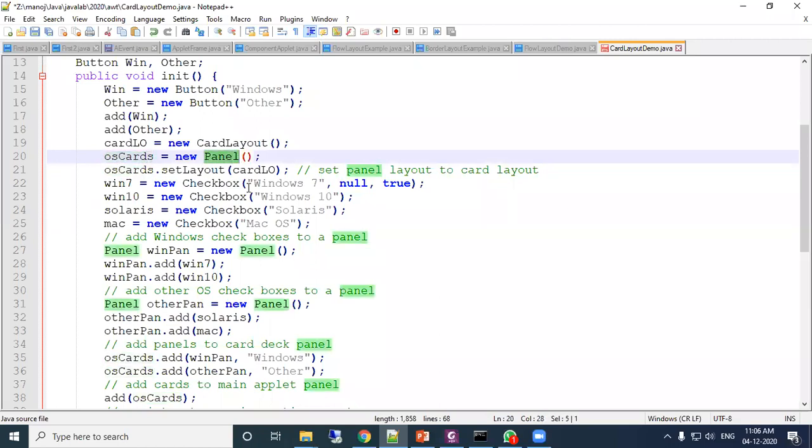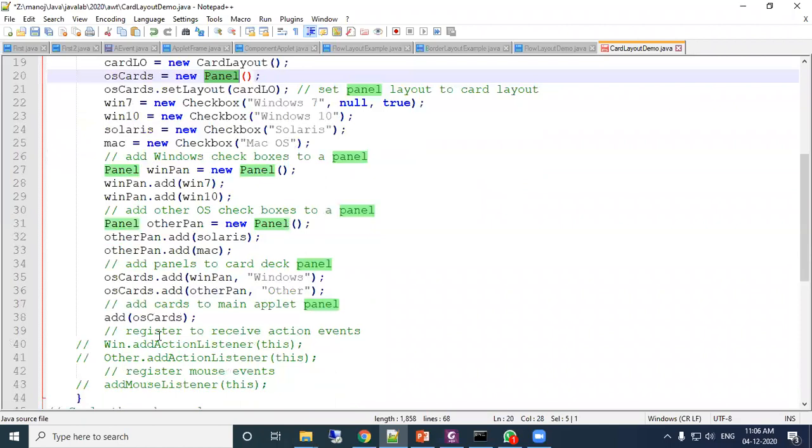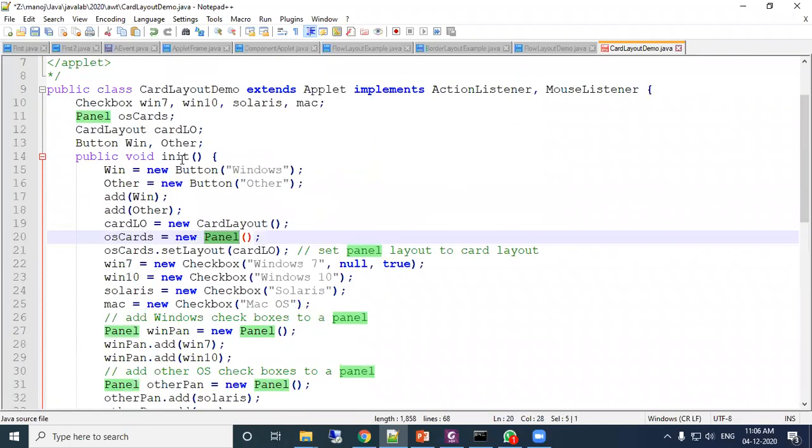See here, OSCards is a panel, WinPan is a panel, otherPan is a panel. Under OSCards, WinPan and otherPan are sub panels. Okay, so that is added, and it is written inside the init method.